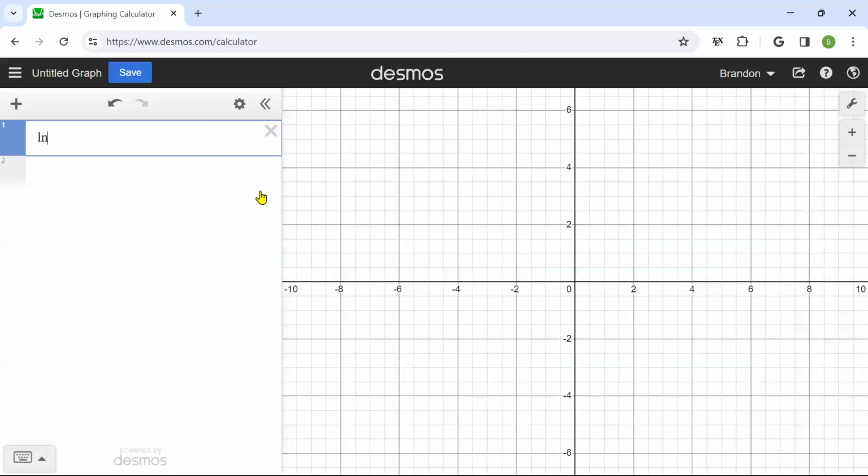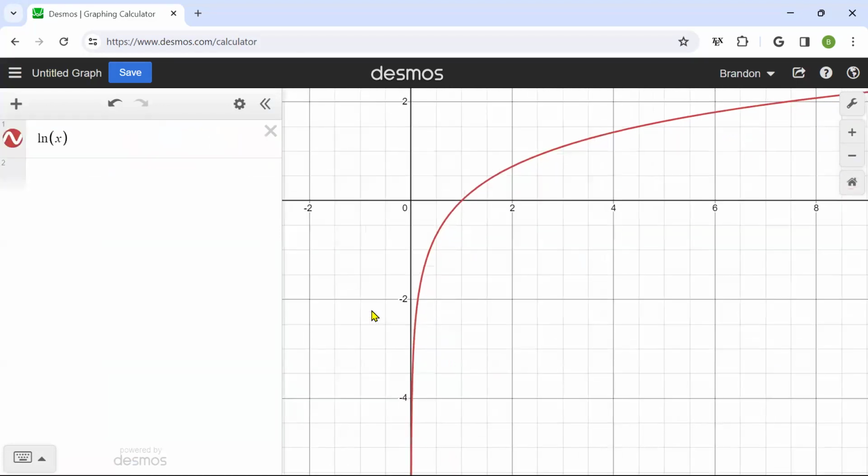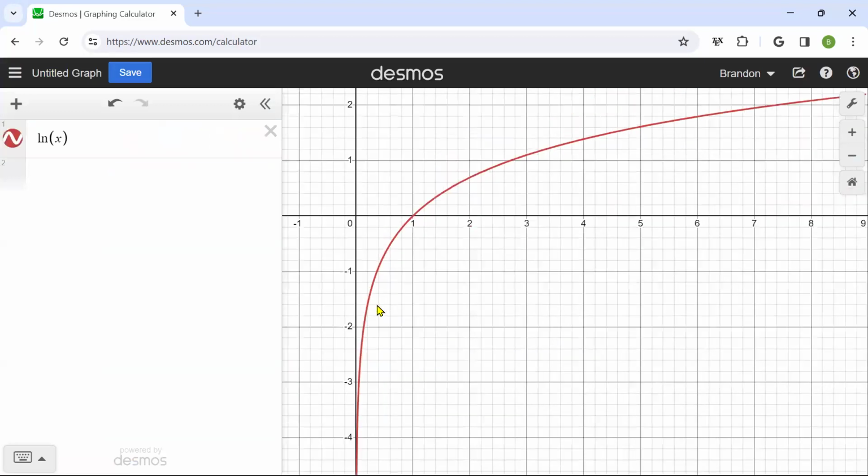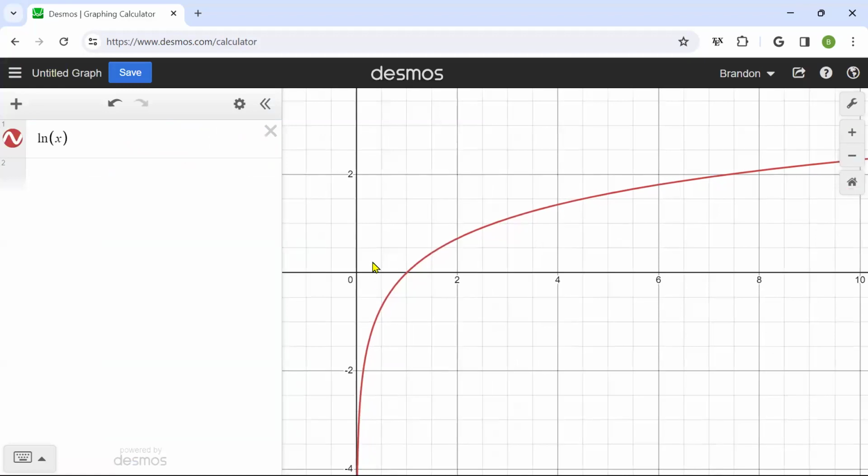Here's ln of x. One of the things you'll notice is it's not defined for any negative values of x. It's only defined at positive values of x. And it's one of these functions that when you first look at it, you may wonder if it has a horizontal asymptote because it increases. You could see that it goes from smaller, and it has a nice little increasing path there, but you may wonder, well, does it ever level off?